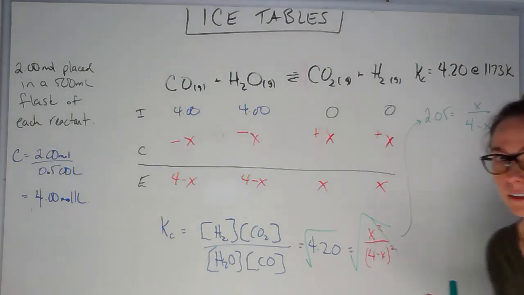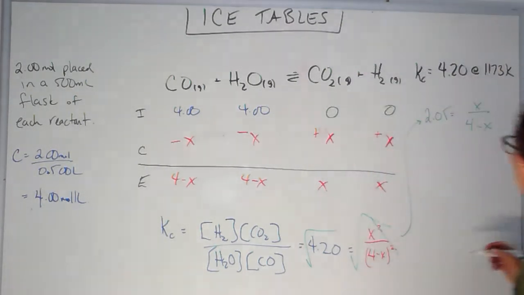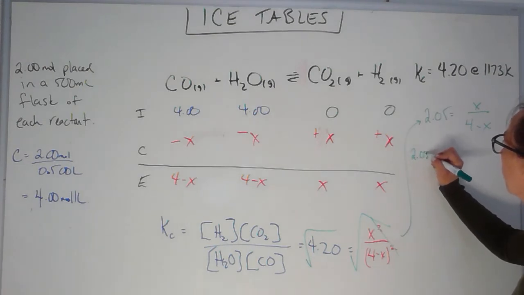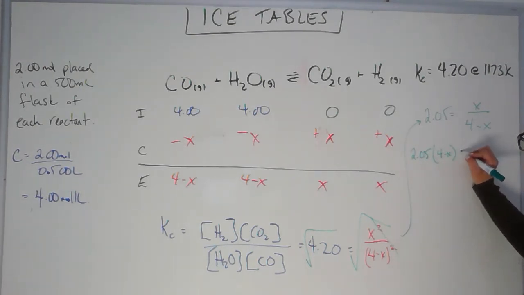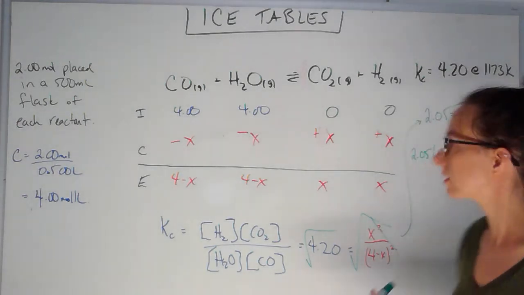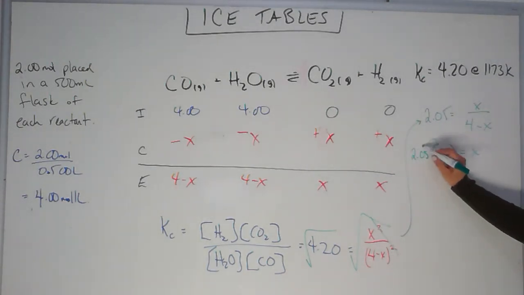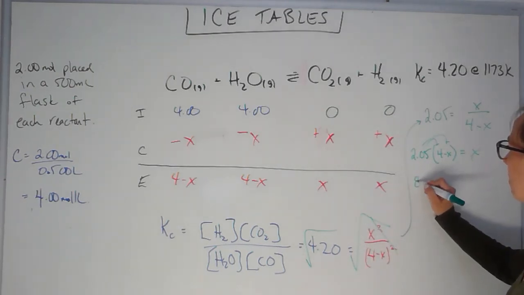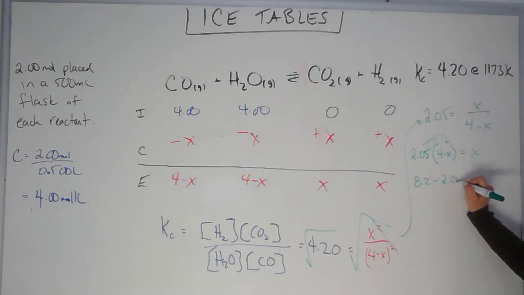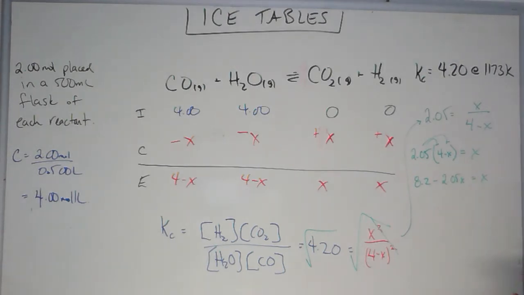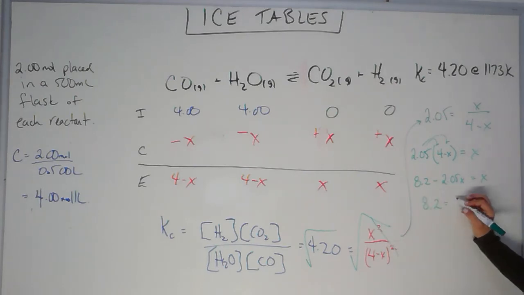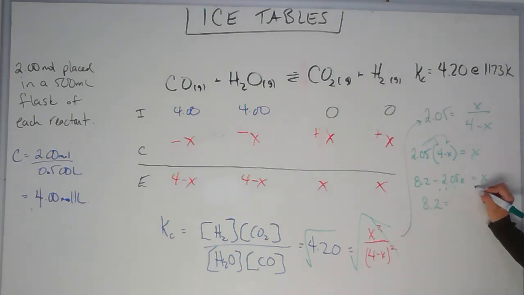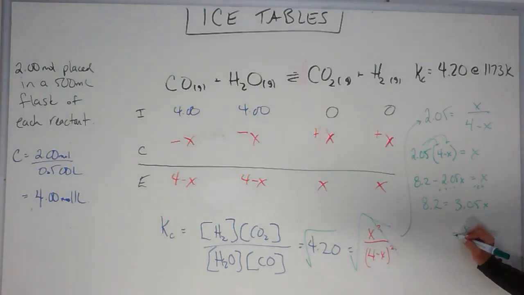Okay, now I need to solve for x. Now this takes a bit of algebra. So this is going to be 2.05 times 4 minus x equals x, and multiply both sides by 4 minus x. Then I need to distribute this into both sides. So this is going to be 8.2 minus 2.05x equals x. Now I got to combine my like terms. 8.2 equals, adding 2.05 to both sides, this is going to be 3.05 x's. And then dividing both sides by 3.05, my x is going to be